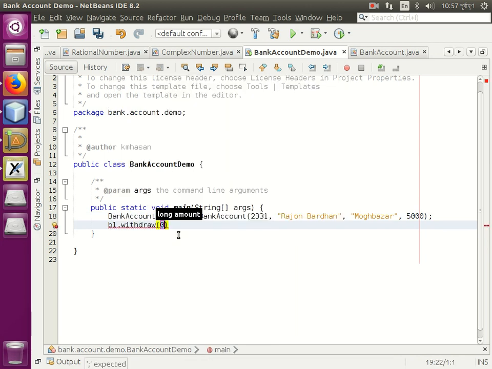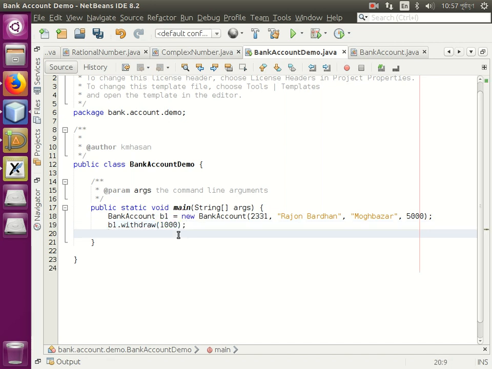We can withdraw money, right? We can withdraw, let's say, 1,000 taka. And to test it out, if this thing works properly, it should print out the new balance as how much? 4,000 taka, right? So we can say